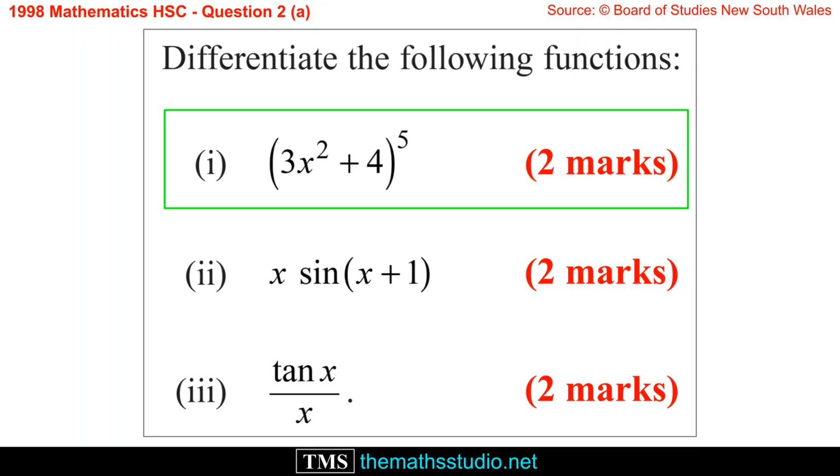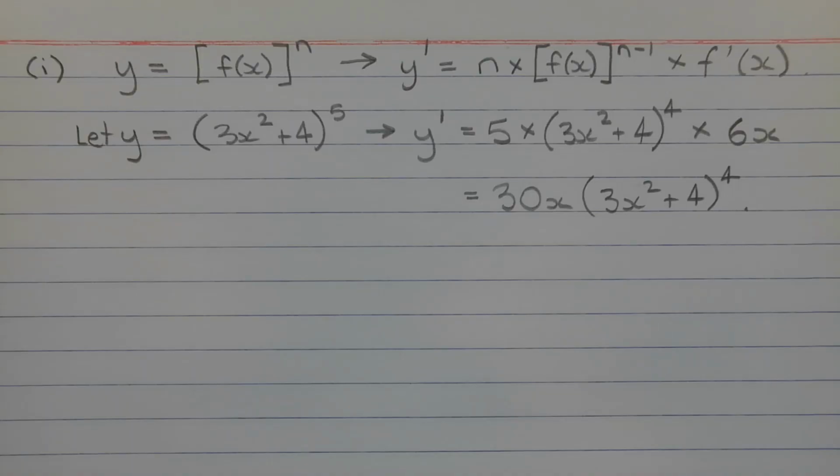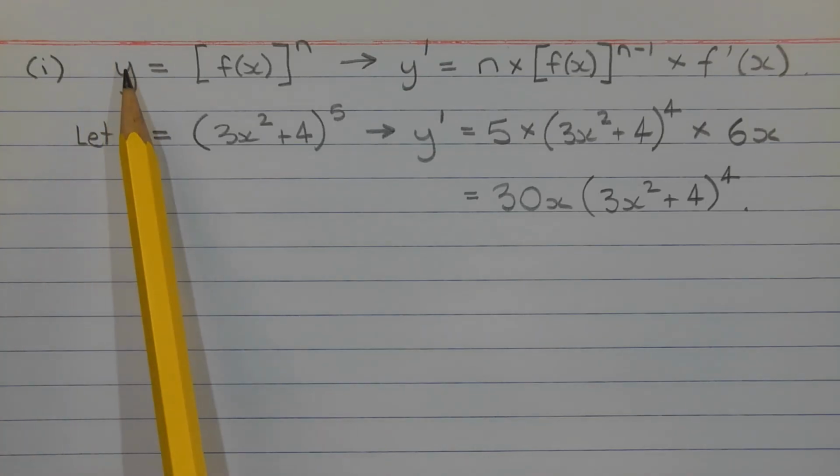Question 2, Part A. Differentiate the following functions. Part 1, (3x² + 4)⁵. We are differentiating a composite function, or a function of a function, and it's in the form y = [f(x)]